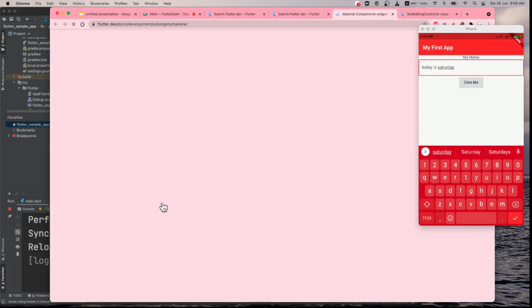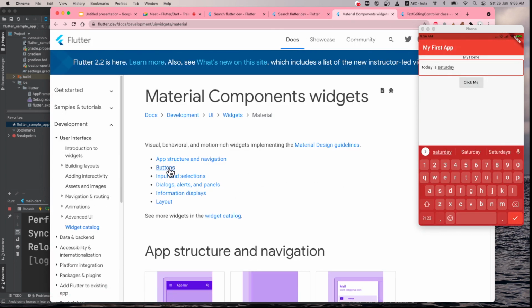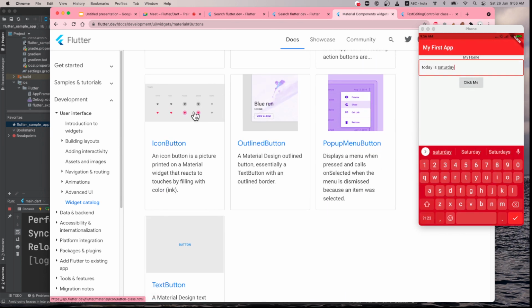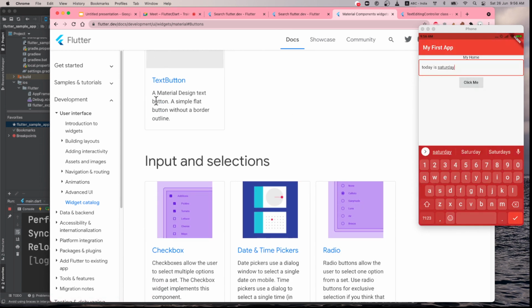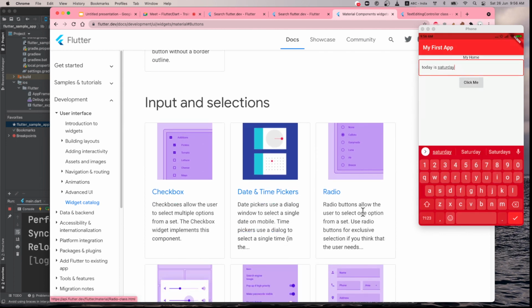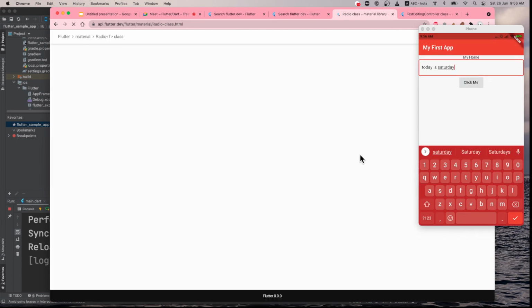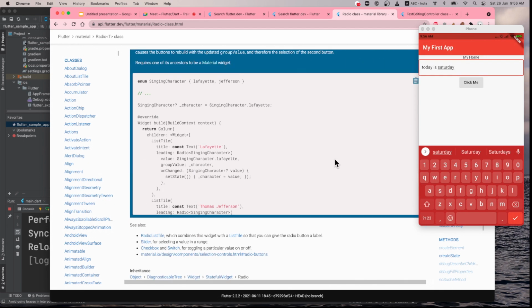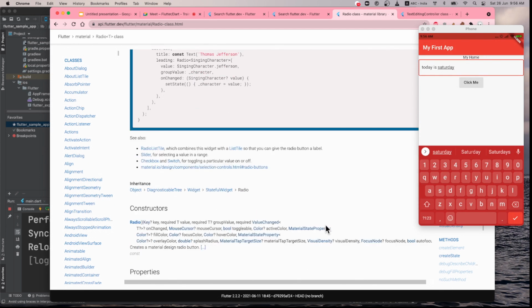Let's see if that is buttons. Drop down button that comes from here, elevated button, floating action button that we had seen, icon button with the icons, outline button, this is the outline button, pop-up menu you can create, text button, this is the radio button. You see, you want to give a choice to the user, say select one of them.